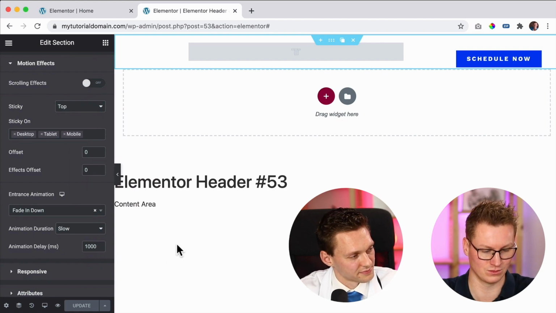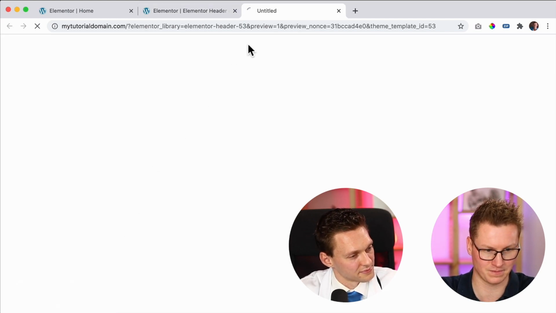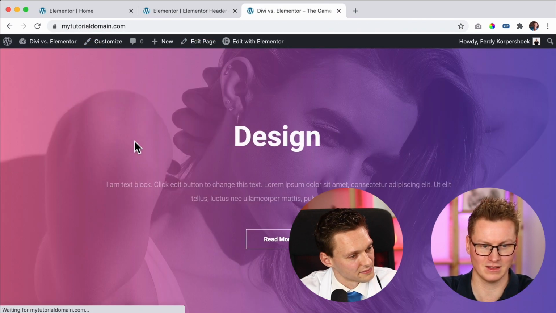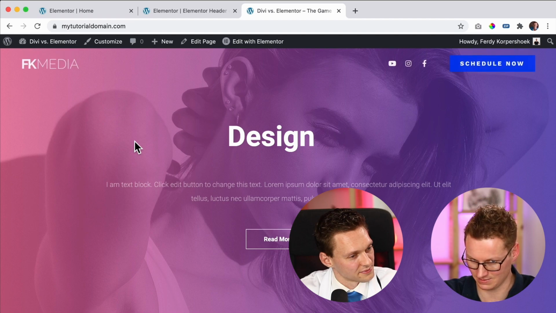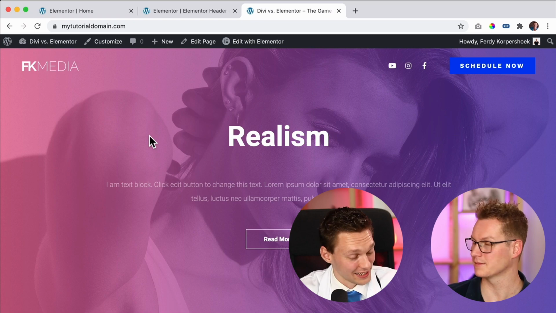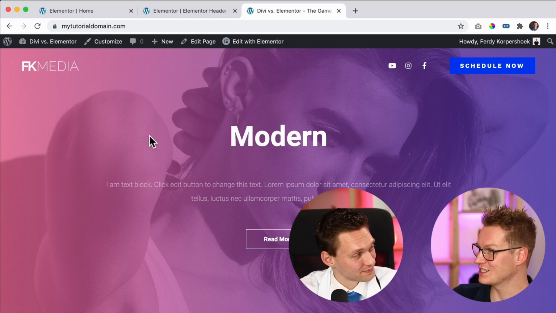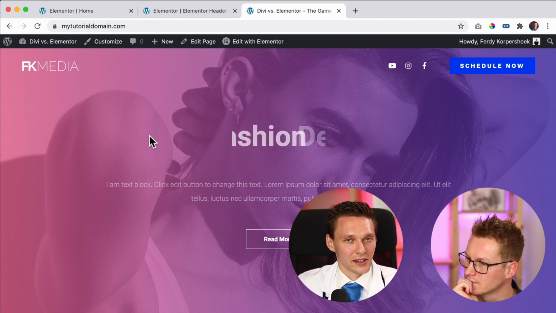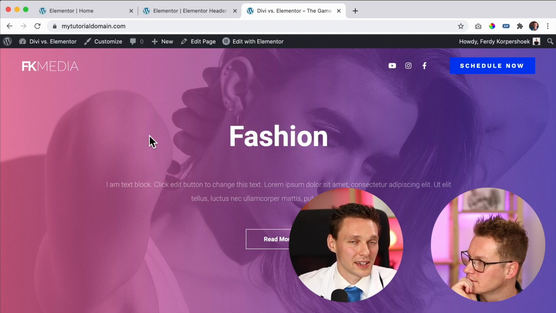So if I go to the home page, or just click over here, then after 1 second, it slowly fades in. Nice. It's really smooth. I like it. And I don't have to use CSS code for it. Yeah, that's awesome. So we can, of course, with every question we ask, and it cannot be done in Divi or it cannot be done in Elementor Pro,